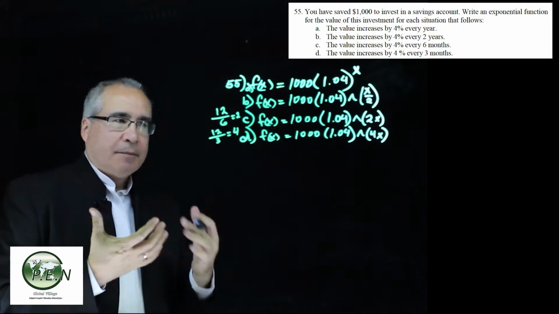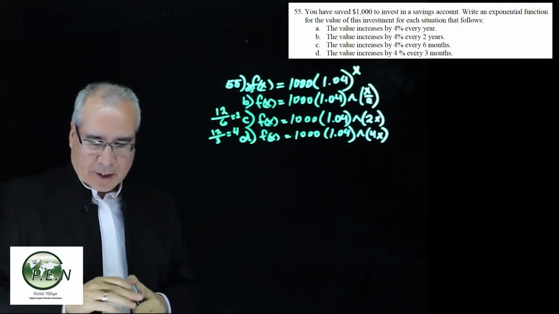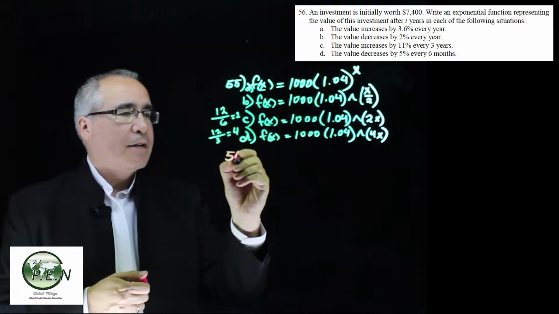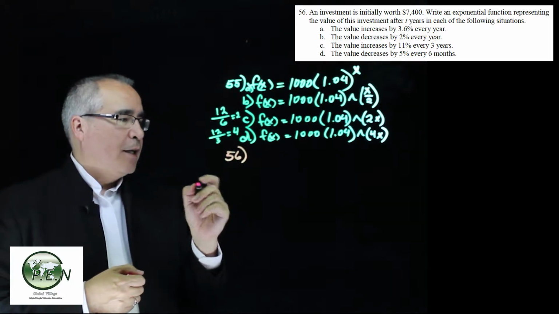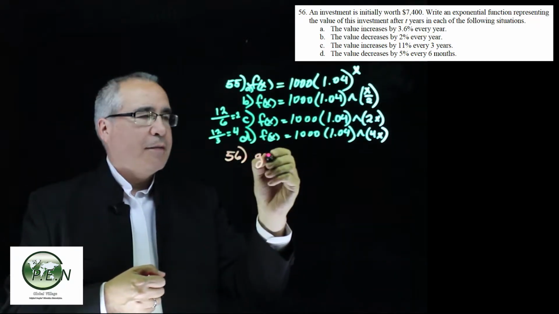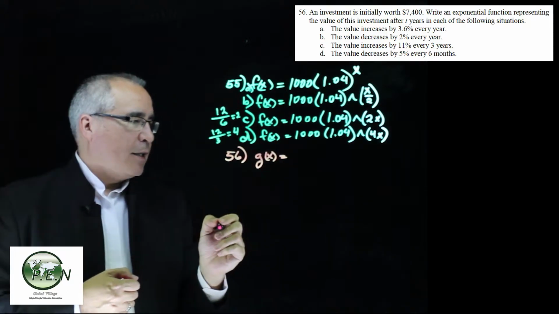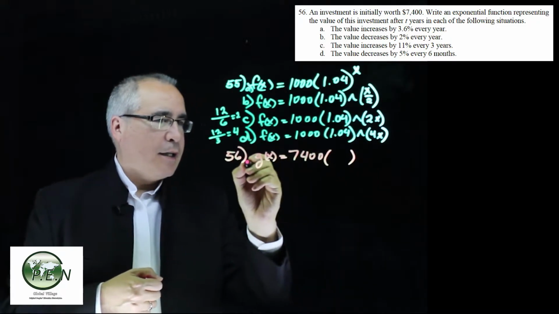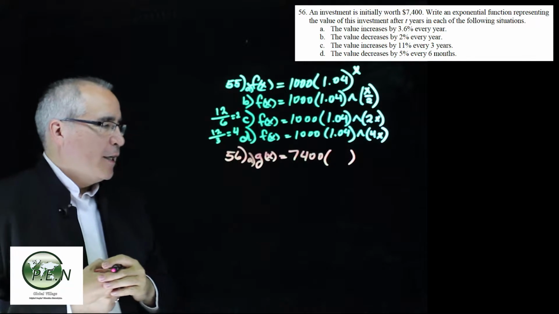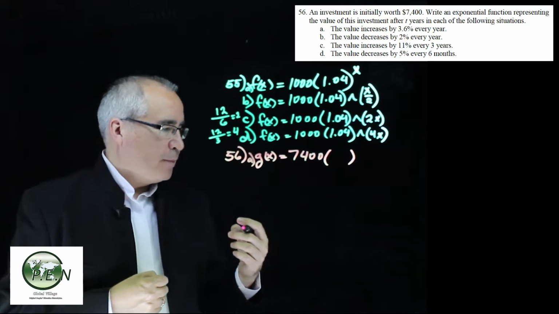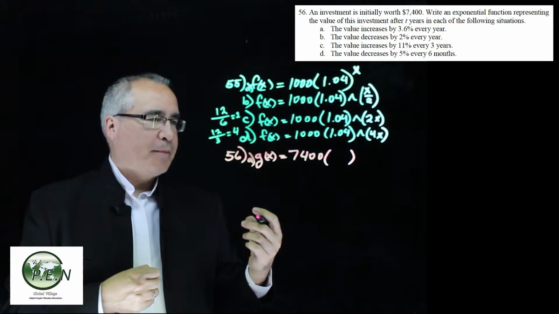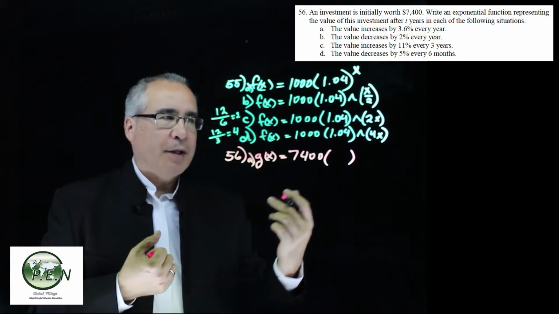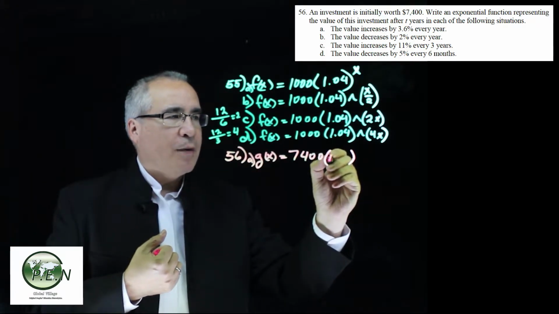Okay, let's take a look at another example, something similar, but they have a few different options in here in question 56. Okay, so let's go with g of x. And we have an initial investment, $7,400. Squeeze the A part in there. We are increasing by 3.6%. So that's 100 plus 3.6, so 103.6%, which as a decimal is